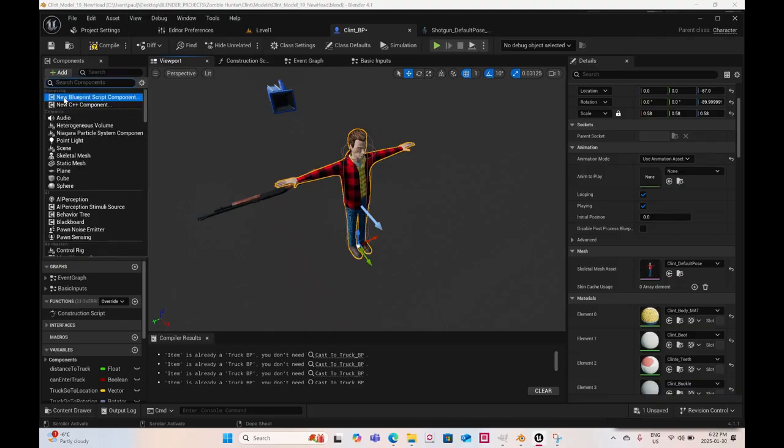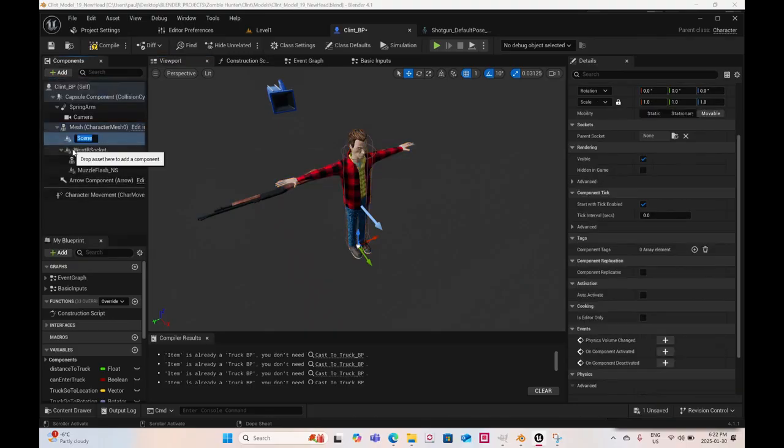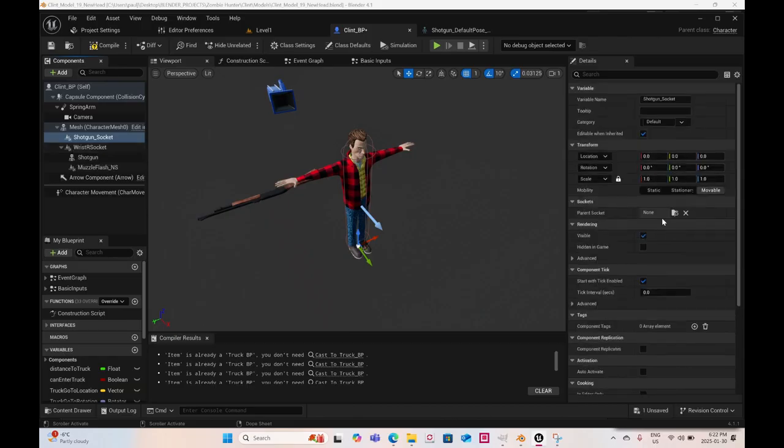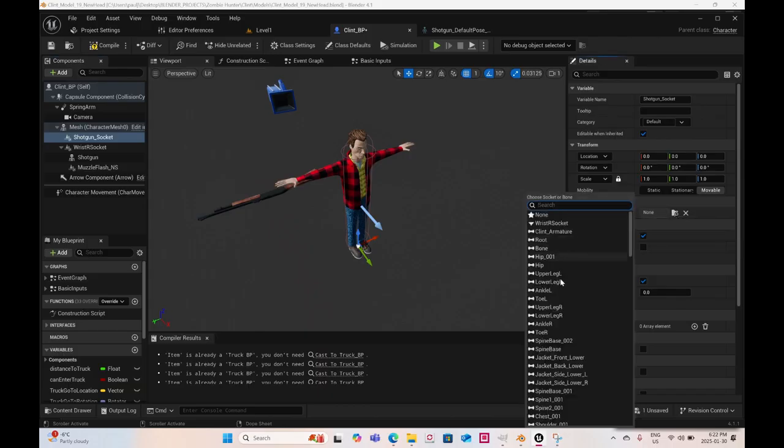Under that, I'm going to create a scene, which is an empty object, and call it shotgun socket. And up in the parent socket here, I'm going to set it to